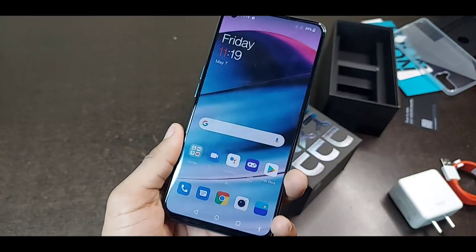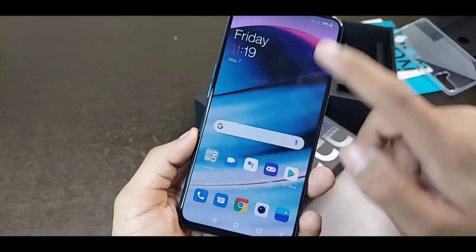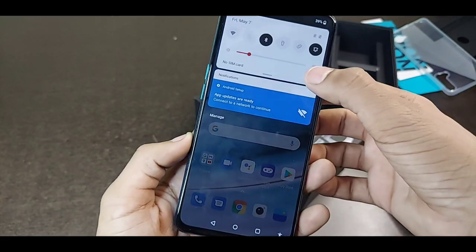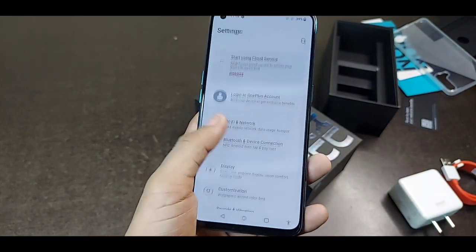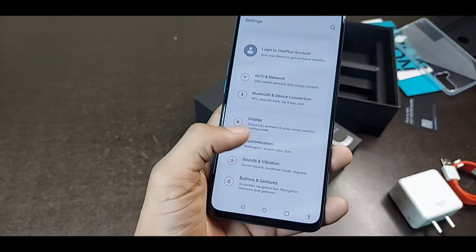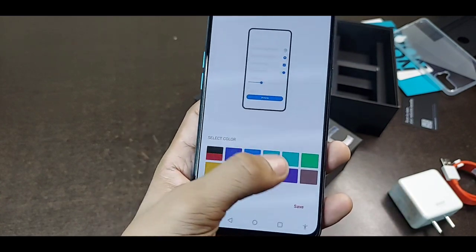If you want to customize the accent color of your device, you can easily customize all of the accent colors right from the settings. Just go into settings, and then you get an option called customization. In customization you'll have an option called accent.